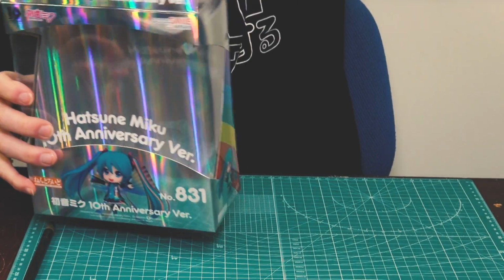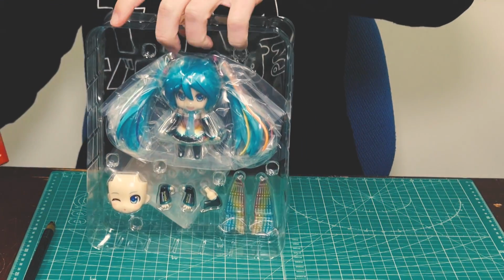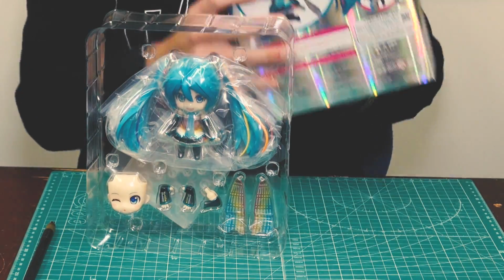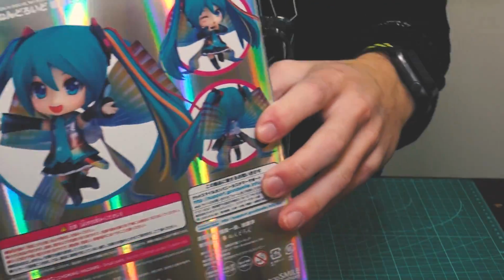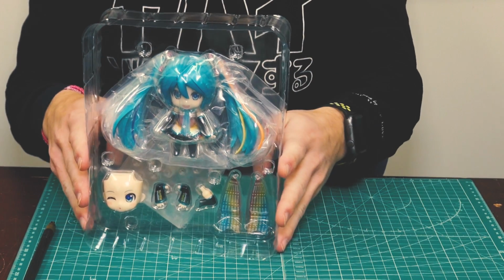Anyway, here we go. Ta-da! So there's a bit more of the box. Lovely holographic design. Can I see the box? Yeah, there you go. So I'm going to take out the piece you need